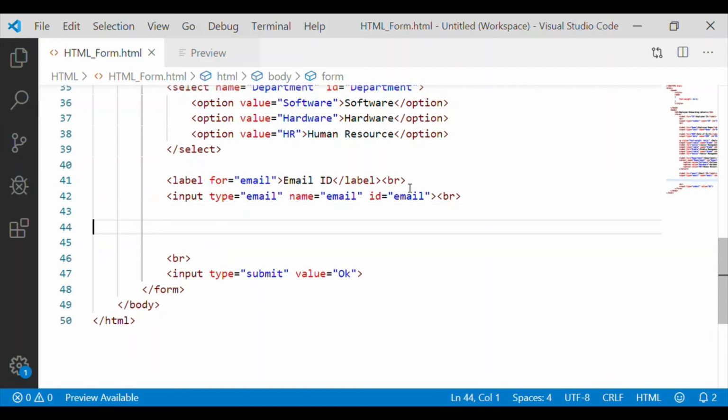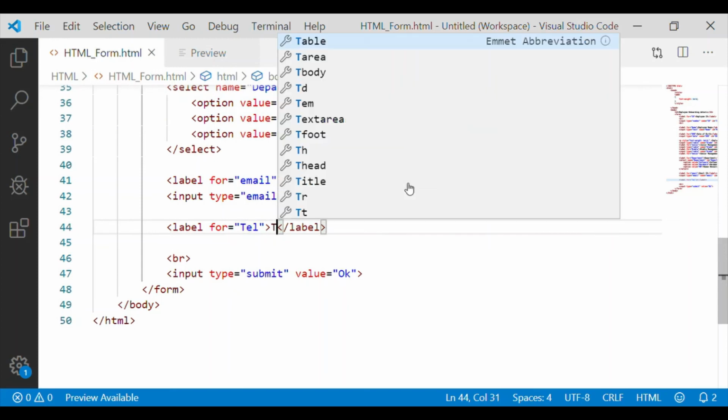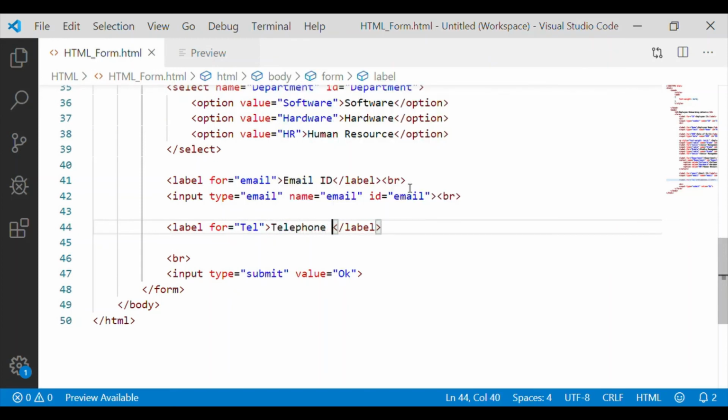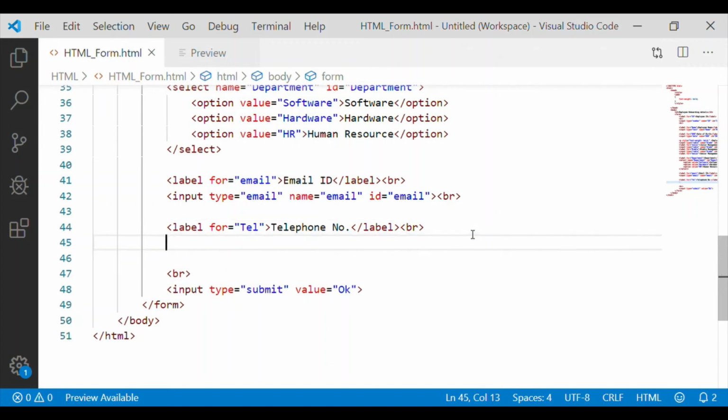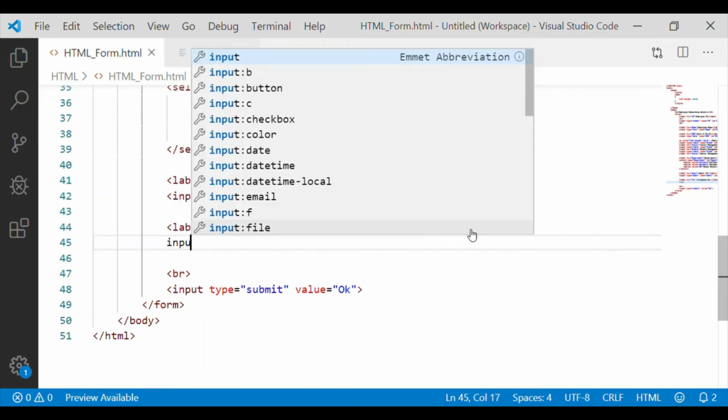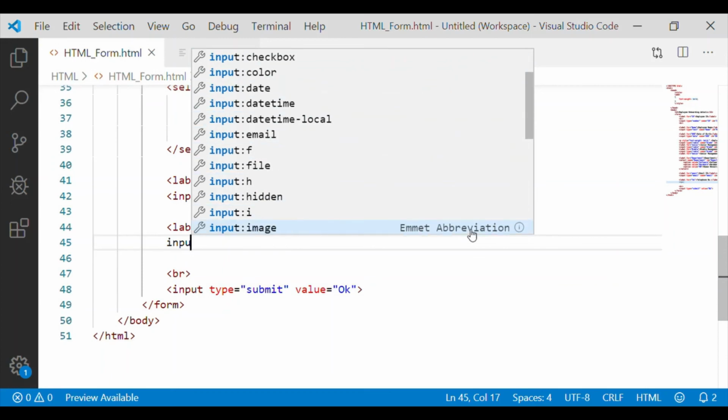Next, let us get the telephone number type in our form. So let us have the label as telephone number in this employee onboarding form, and here we will use input type of telephone.